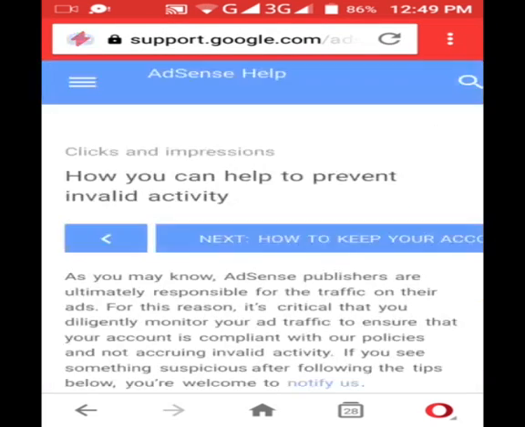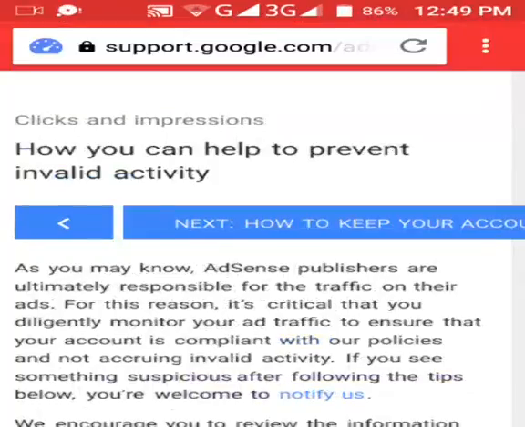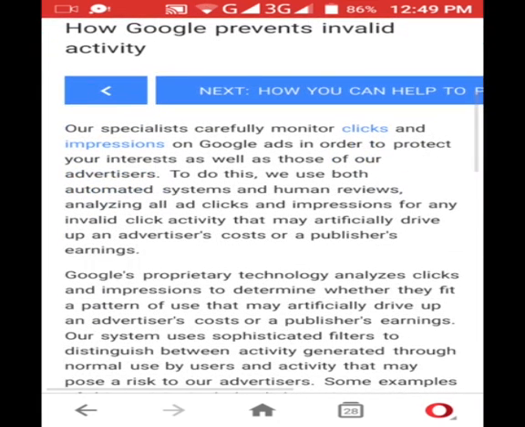Let's see. So these are the tips you can prevent. First, let's get to how Google prevents invalid activity. Google also prevents some invalid click activity on your account. So let's see how Google prevents invalid click, and then I will tell you how you can prevent invalid click